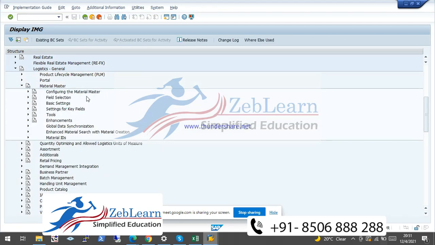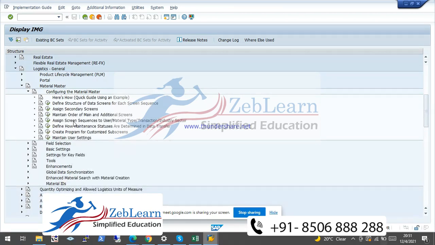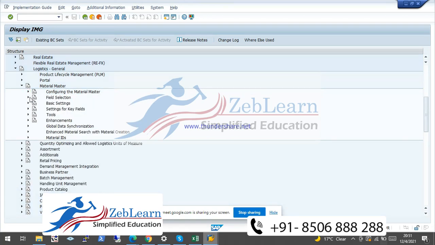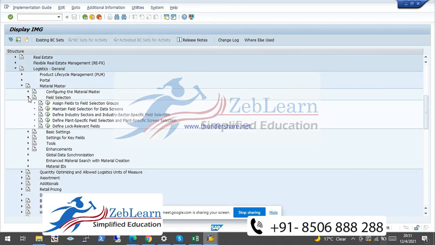Here some configuration material master and the field selection basic setting. Okay, configuration material master. Or you can just go with the search option. Here it is available.